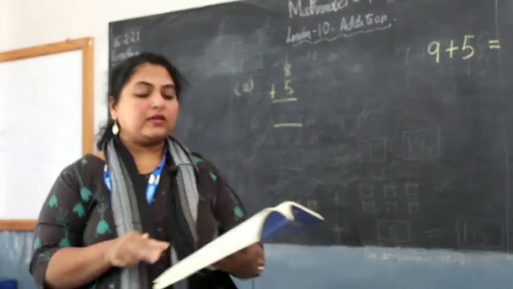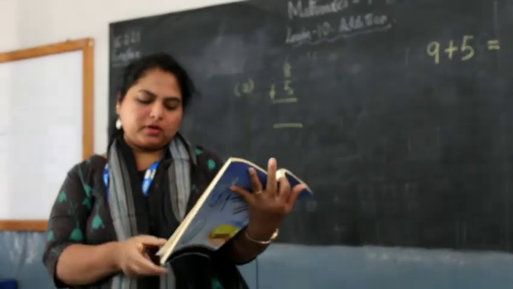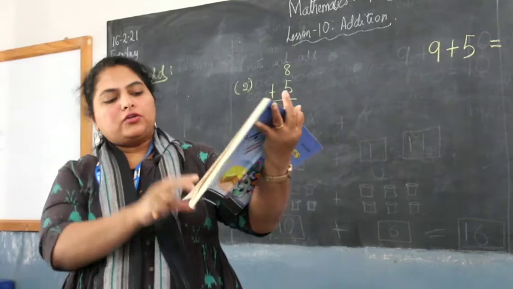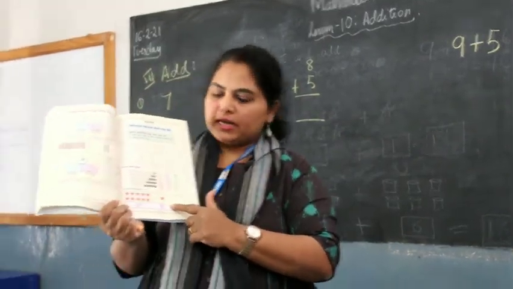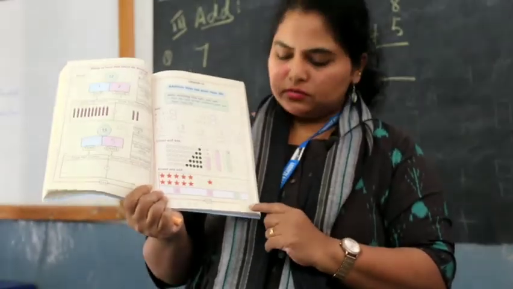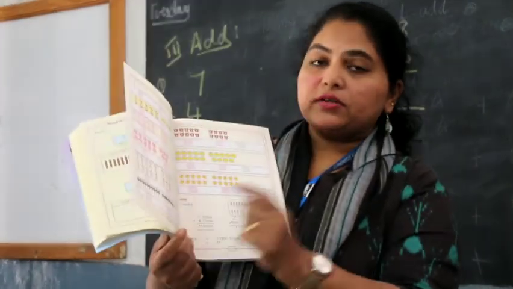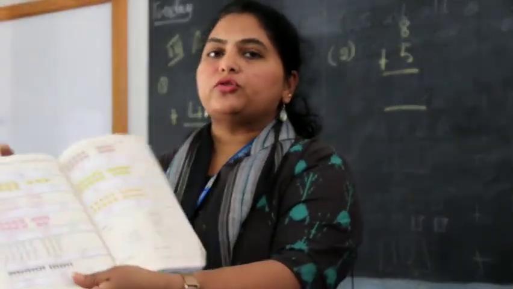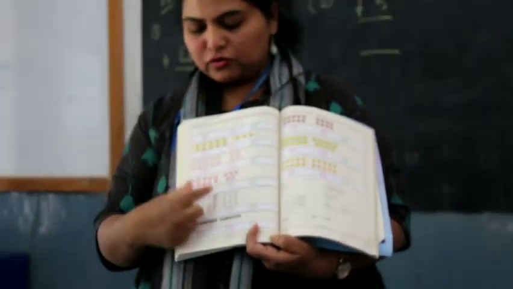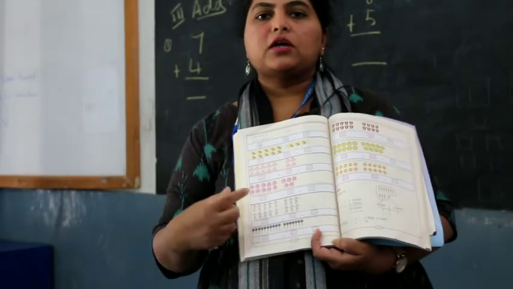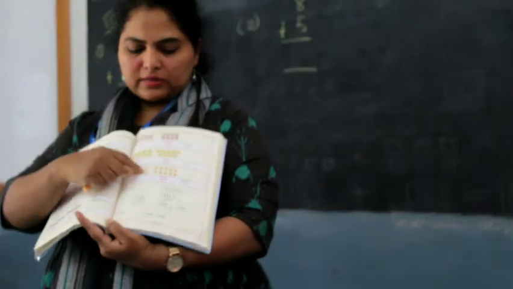Okay, so we learned how to count the objects and write. Here on your page number 117, we have given some objects which you will be counting, adding up and writing in the given box. Okay, children, on pages 117 and 118 you also have objects to be counted and added together. These are the groups of 10 and the units. Add the tens and units and write the total number.